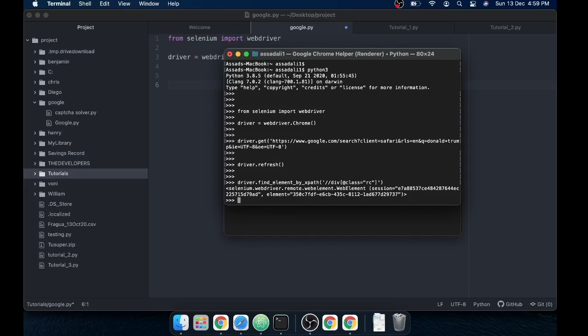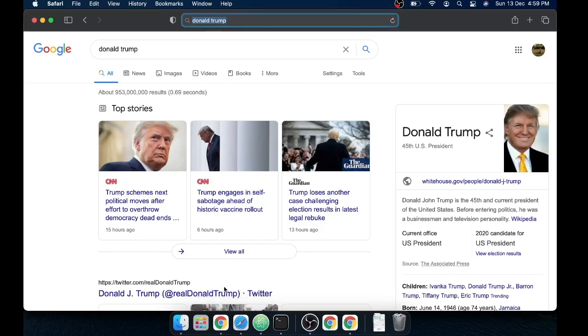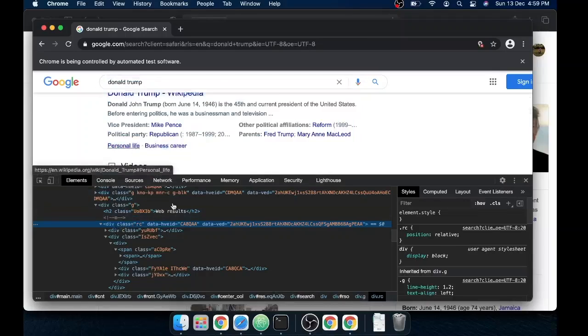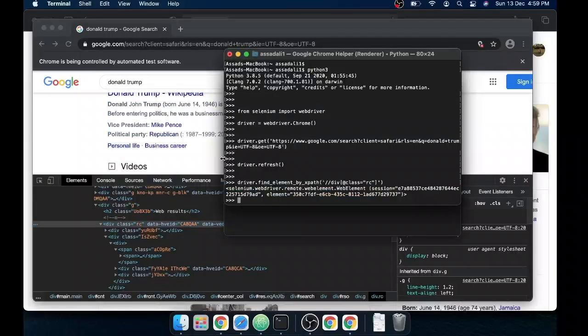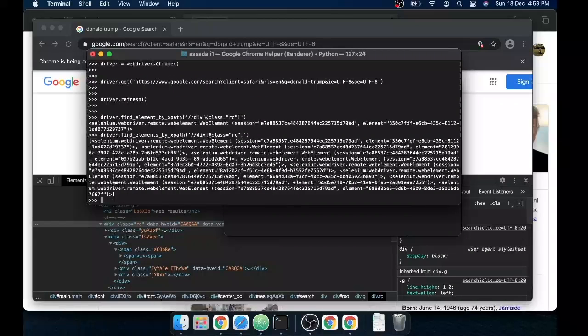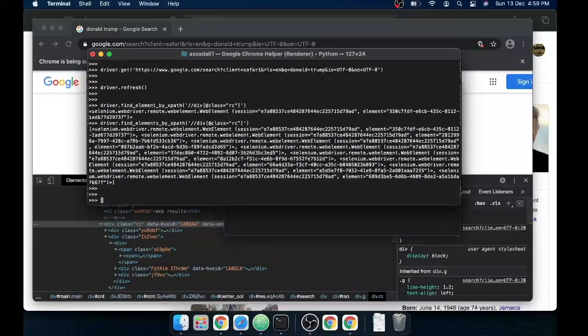Okay, you can see that there are multiple RC classes here, but it shows only one. The reason is I am using driver.find element by XPath. If I change that to elements, it will give me all the containers found in this particular page. So let's use the first element to get what we want. Let's see what